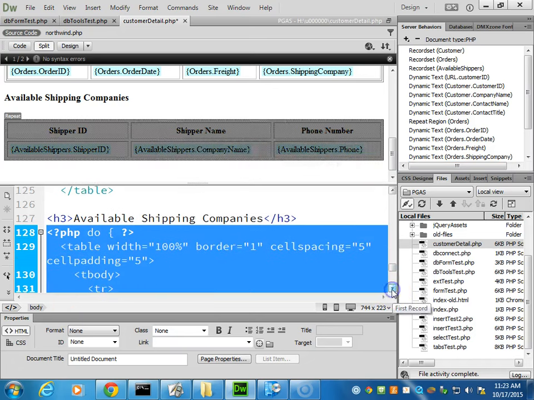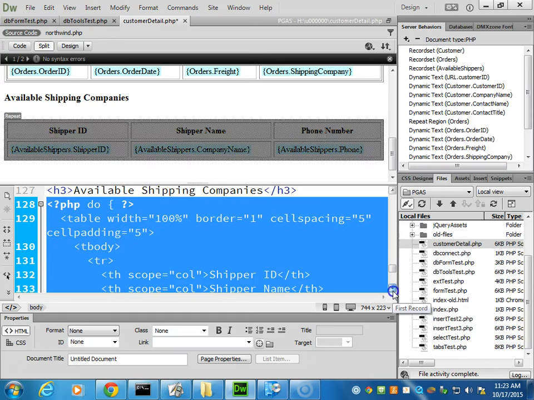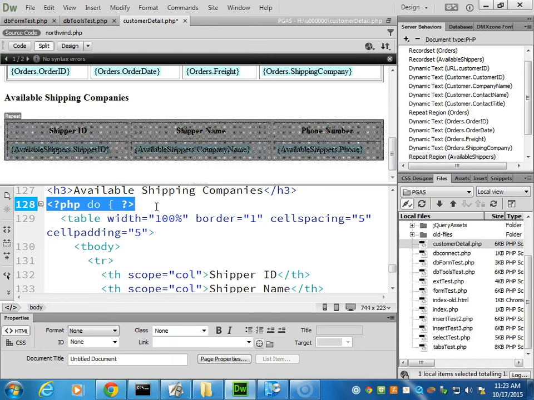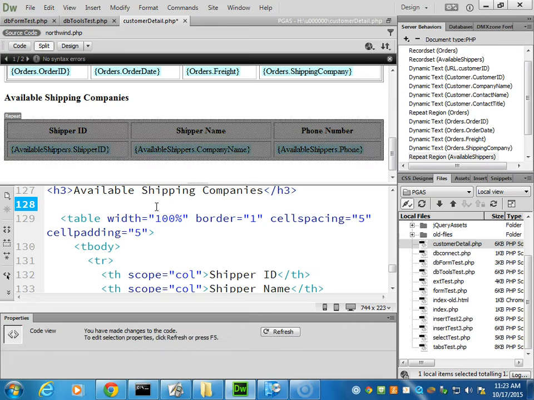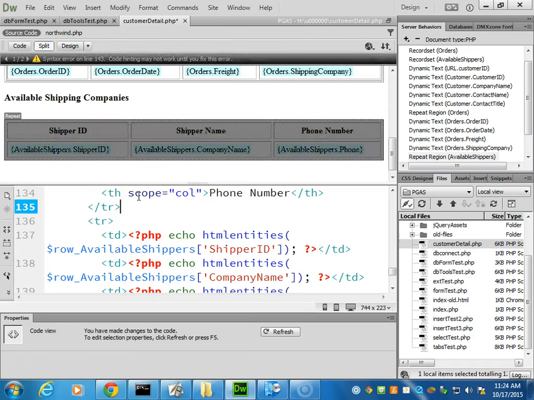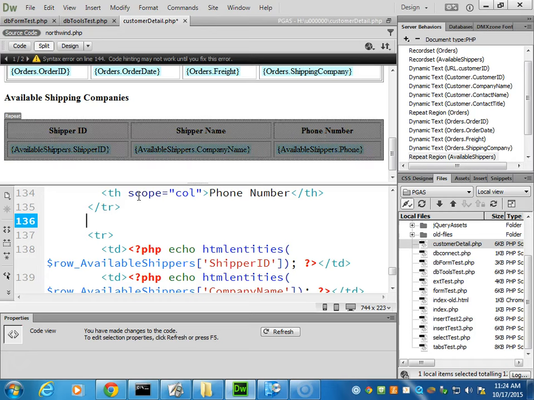And then we see Dreamweaver went crazy on us again and wrapped the repeat region around the entire table. So we'll do the manual edit again. Grab the first line of the do loop and Control X to cut it out. We'll go down to before the row that starts the dynamic text part and paste it in,